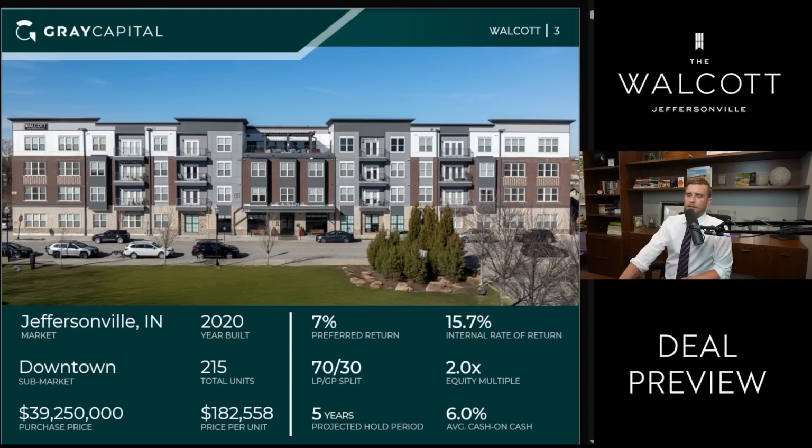The Walcott, as I mentioned, is located in Jeffersonville, Indiana. While it is located in downtown Jeffersonville, it more truly acts as a suburb of the Louisville MSA. If you're looking for a quieter, slower pace of life, you're moving over to Jeffersonville from Louisville. That being said, Jeffersonville has seen a ton of growth over the last decade or so, with the Big Four bridge finally being constructed that actually terminates right in the front yard, essentially, in a park in front of the